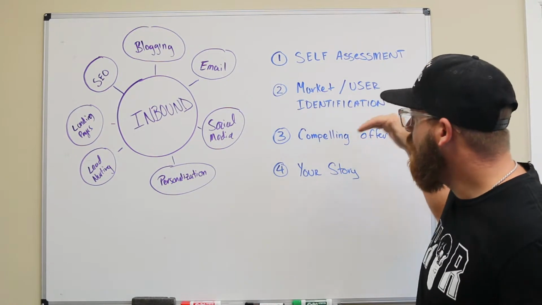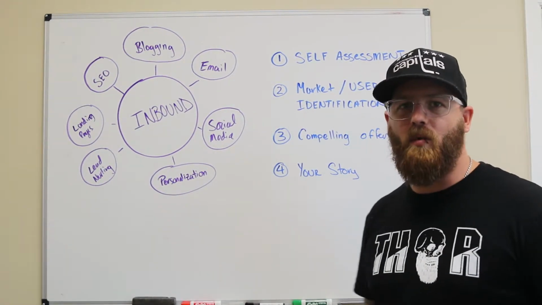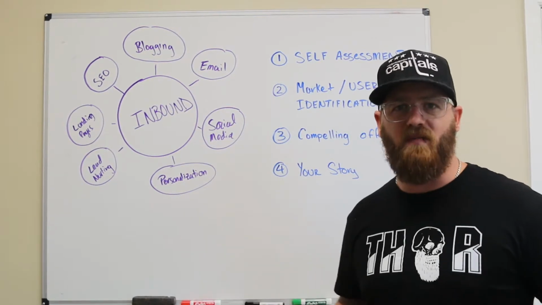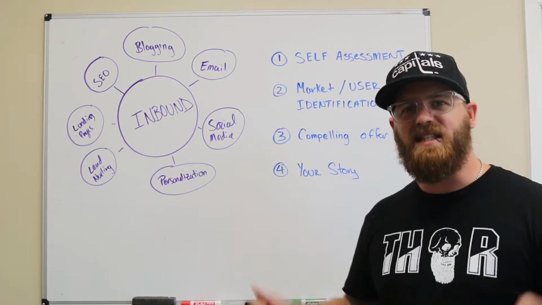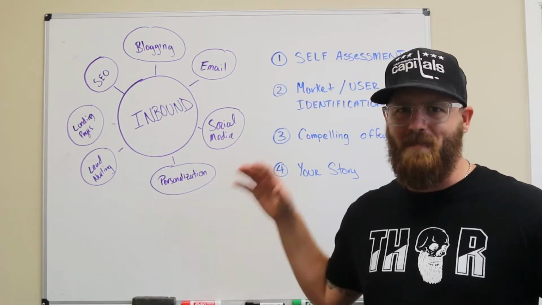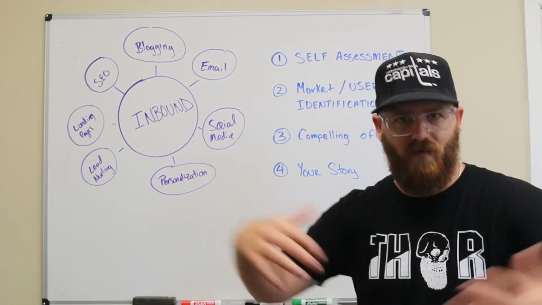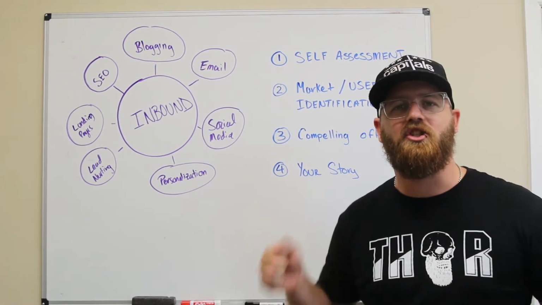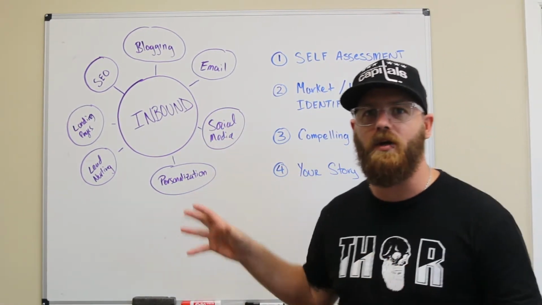When you do these four fundamental steps, they're like four legs to a table. If you only have a table with three legs, it's going to be a little bit wobbly. If you have two legs, it's more going to be a skateboard ramp than it is a table. But if you got four legs, that table's strong, it's sturdy. And you can start to do things on top of that table. You can make masterpieces on the top of the table. You can have meals on top of that table. You can have conversations around that table. There's a lot of things you can do because it's sturdy and it has a foundation. And now you can go into the tactics and start building off of that.